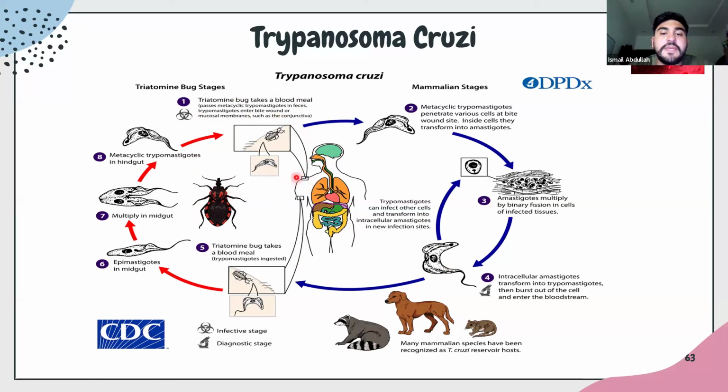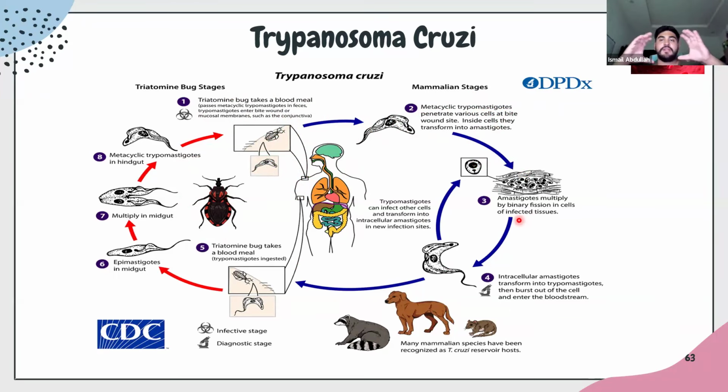This blood meal, you need to keep in mind, usually comes from feces of organisms that are reservoirs for Trypanosoma cruzi, like dogs, rats, and whatsoever. Then this bug is going to give in the metacyclic trypomastigote, and it's going to